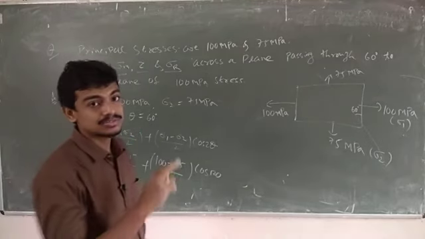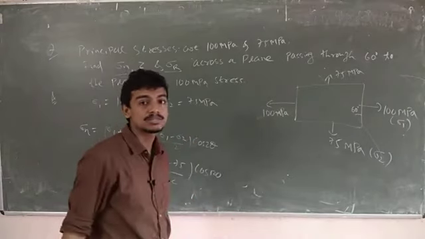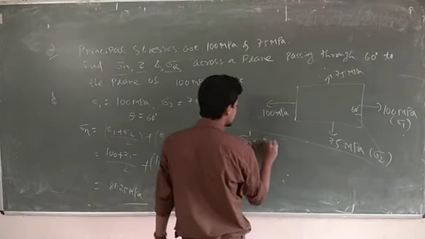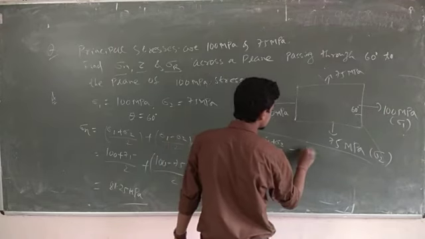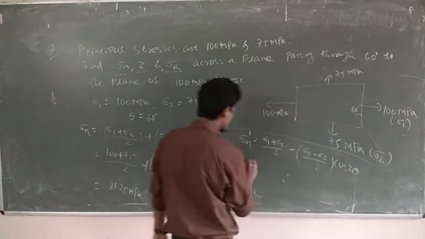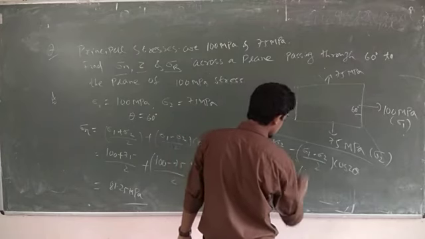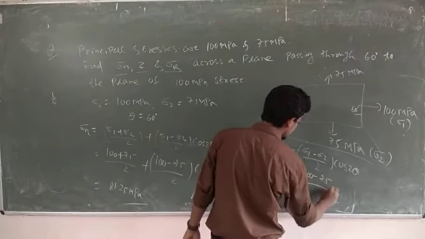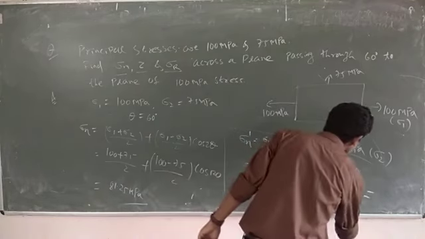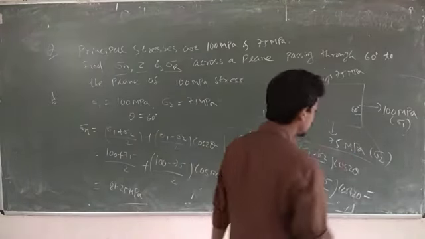So this is sigma n, the normal stress. There are two normal stresses. You can see the diagram in the previous theory: in this direction sigma n, and in the perpendicular direction sigma n dash. So find sigma n dash using the same formula, just with a minus sign: sigma 1 plus sigma 2 by 2 minus sigma 1 minus sigma 2 by 2 cos 2 theta. Put the values: 100 plus 75 by 2 minus 100 minus 75 by 2 cos 2 theta, where cos 2 theta means cos 120 because theta is 60 degrees. This comes around 10.82 megapascal.